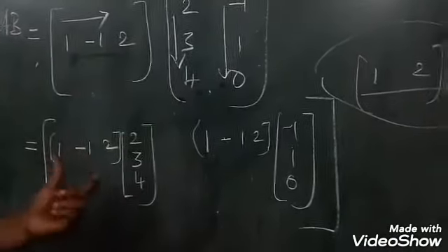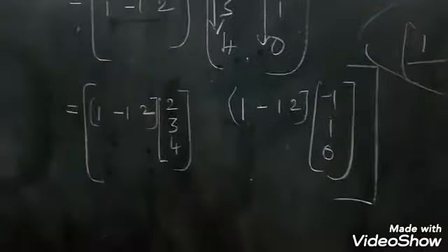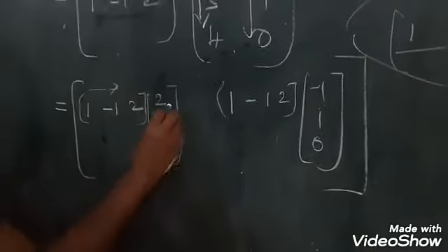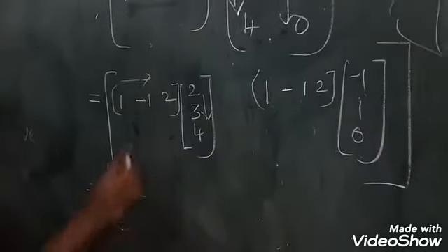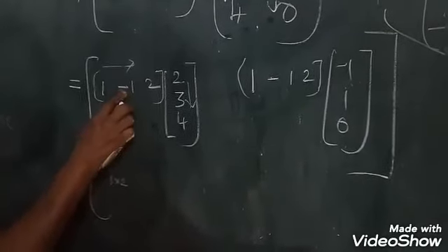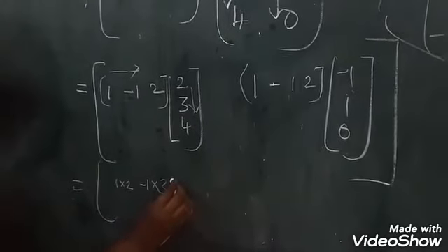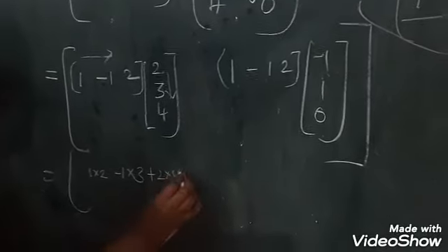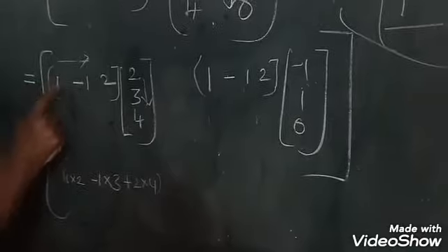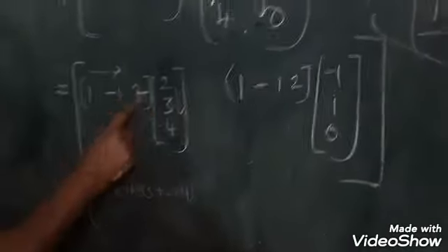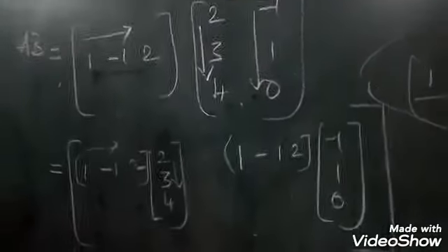First row, first column, first element. First row, second column, second element. Like this you have to multiply. Now first row, first column: how do you multiply? The first element into the first element, 1 into 2. Okay, then here what? Second element into second element, minus 1 into 3. Then here third element, plus 2 into 4. This is for the first element. Have you all understood? Multiply each element, second element, third element, then simplify. Simplify, you will get one element.